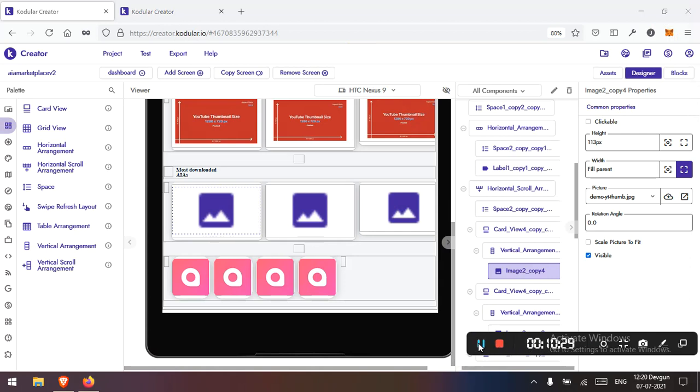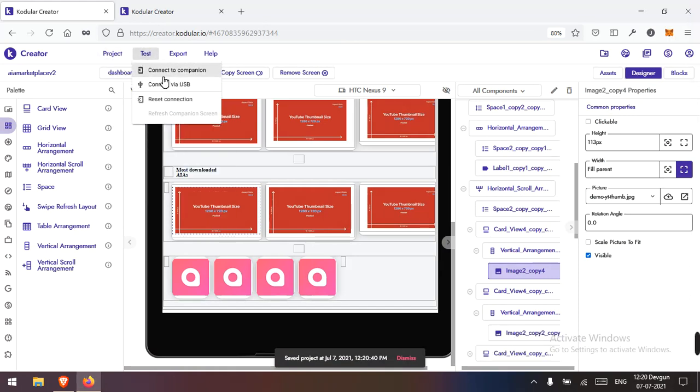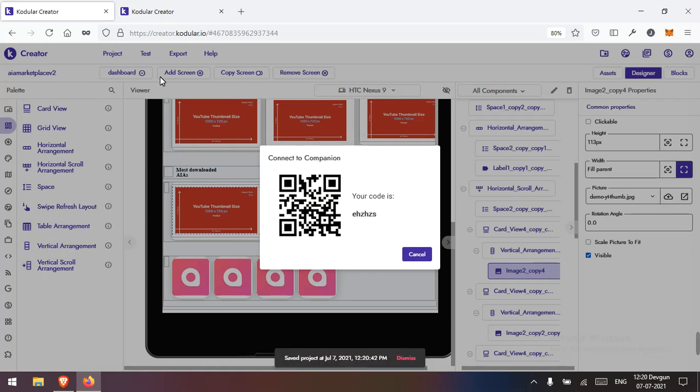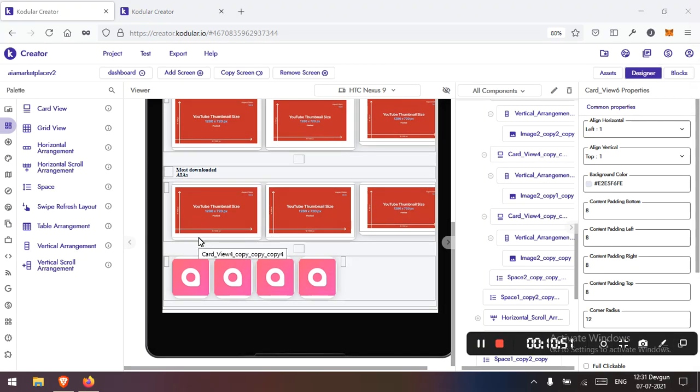My internet is super slow. Let me copy this and reconnect to the companion again. Let me just, yeah, I had just copied here, and